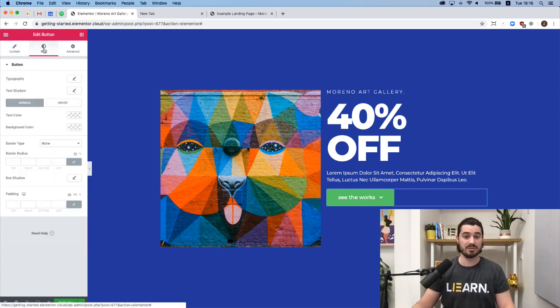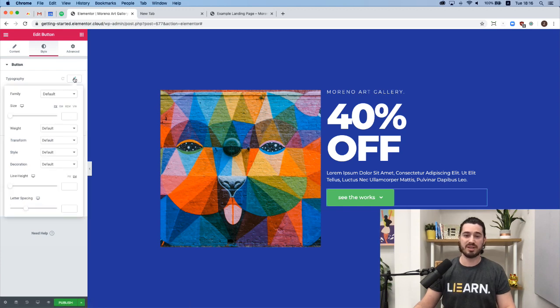So I go to style, then to typography, and I'll increase its weight. I'll set it to 700 so it's bold. And for transform, I'll set it to uppercase. It's always good to set that to uppercase for buttons. And next, what I'll do is